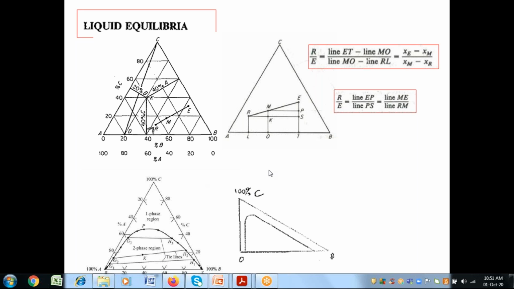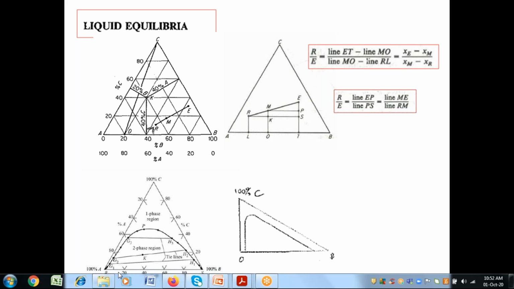So instead of that, you can also draw this type of curve, where you can avoid the triangular plot and draw only ordinary graphs. I'll explain these ordinary graphs a little later. Before that, please understand that in process calculations also, you might have drawn these triangular plots. These triangular plots are very, very useful, and